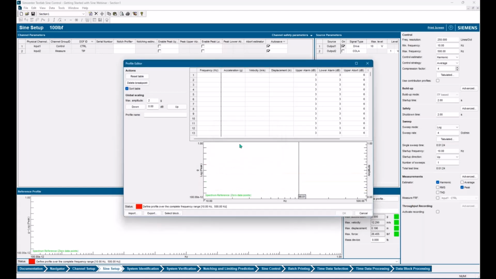I'll just reset the table here and show that real quick. You can type in your amplitudes in acceleration, velocity, or displacement. So I'll start with a displacement of 0.1 inches, and then I want to go to 20 hertz at 2 Gs, and then all the way up to 500 hertz at 2 Gs, right? And that is going to give me my constant displacement,